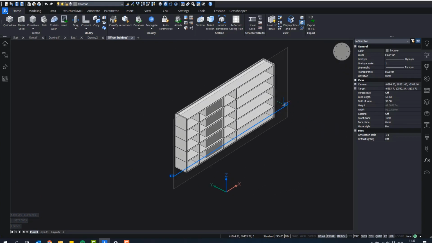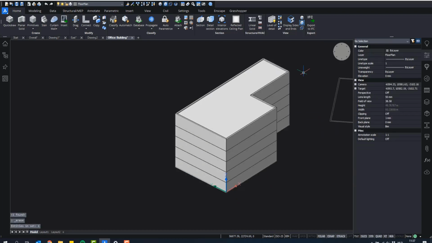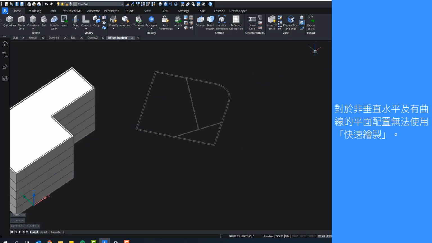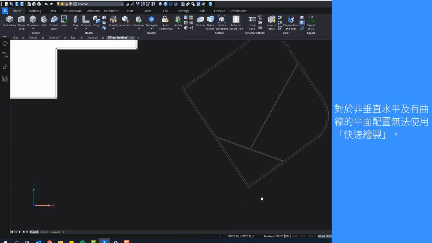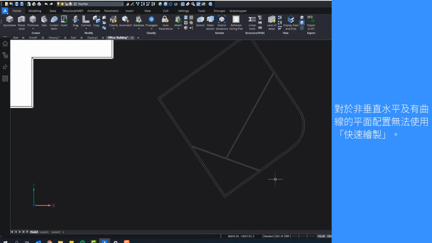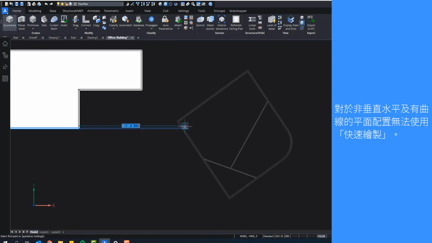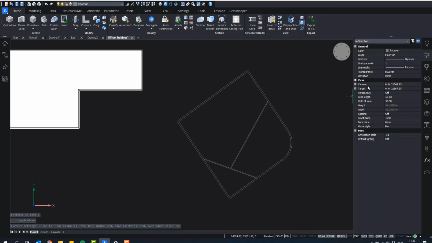Now, this QuickDraw tool is very useful when you have very simple rectilinear layouts. But let's say we have a layout like this. First of all, it's not along my current UCS. There's walls that are not perpendicular. There's curved walls. So in this case, I can't really use QuickDraw. It won't work properly, at least. So you can still use this layout